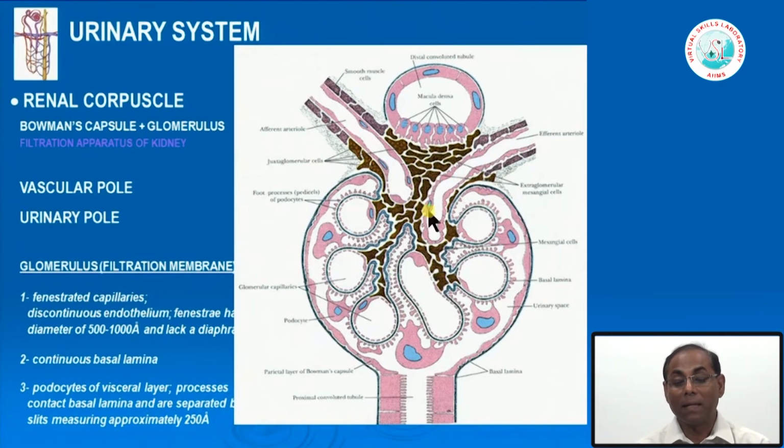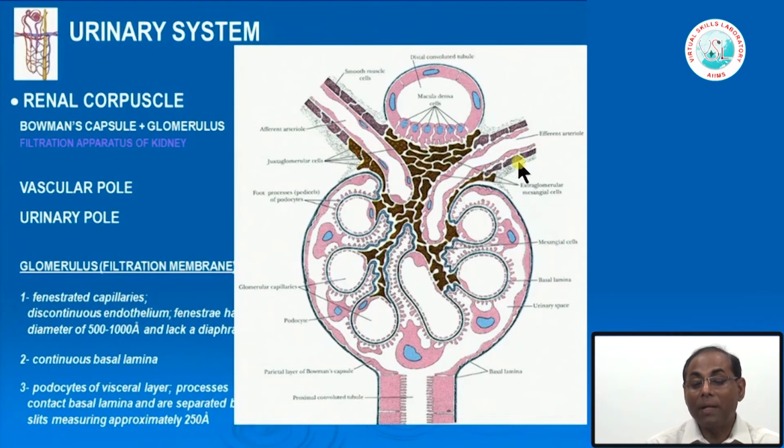and here it is lined by the parietal epithelial cells. Now, in the hilar region, there is also a very important component, the juxtaglomerular apparatus. It consists of specialized cells in these tubules called the macula densa. Their importance is that they can sense the glomerular filtration pressure, and they also take part in electrolyte balance. We will come to that just later.